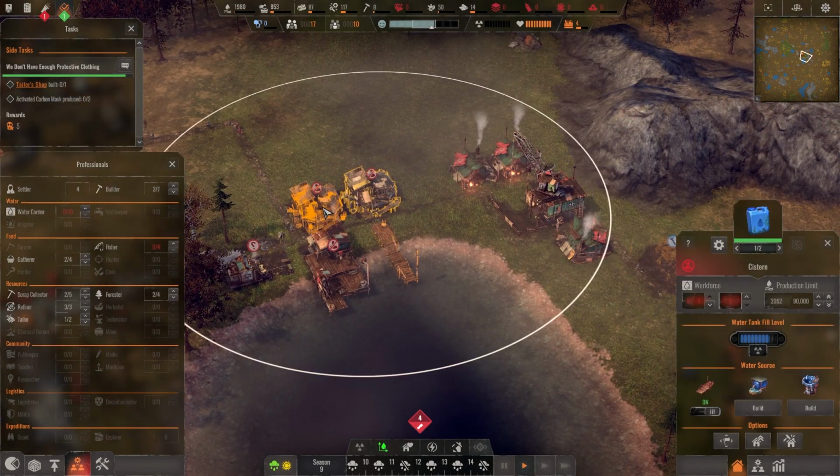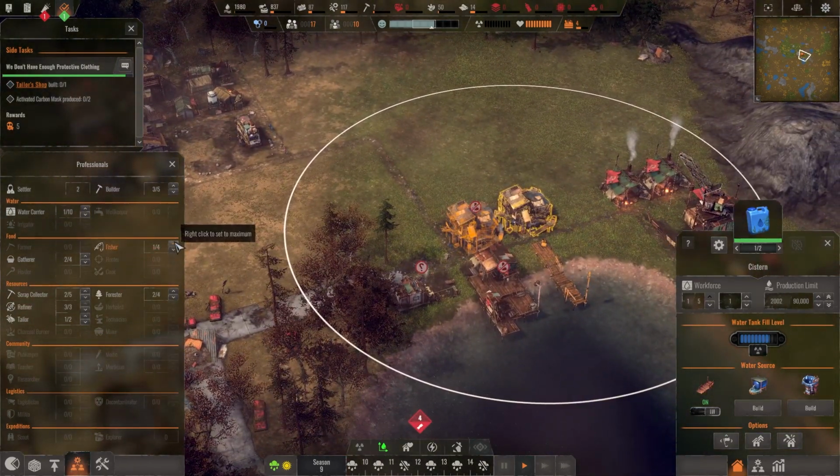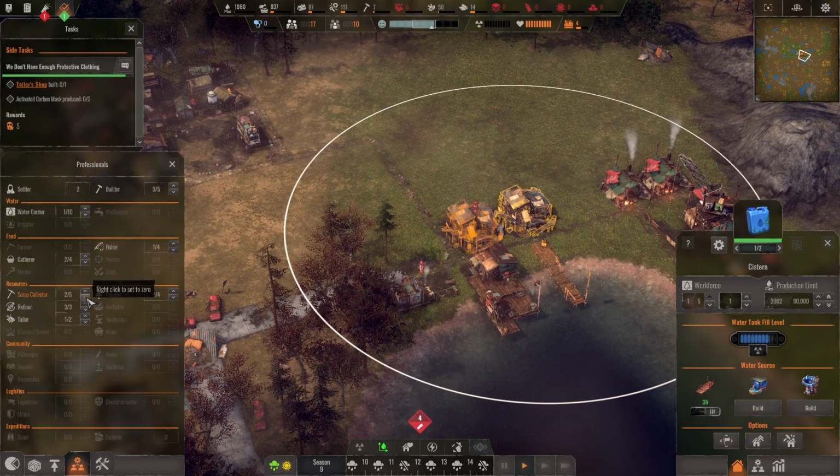So, right, let's have a look. We did okay with the systems actually. So I'm only going to put down one water carrier for now, and we'll see how they do. If we slowly lose water, then I know that one isn't enough to meet the demand of the settlement as it stands. But we are also then going to...